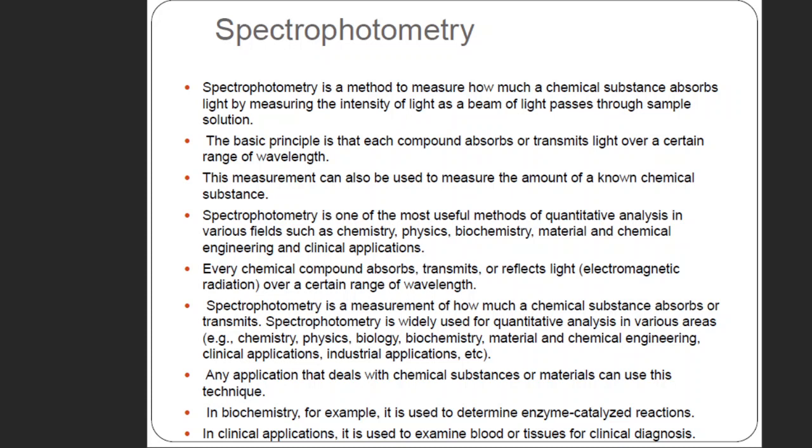So based upon the type of radiation, we will try to relate it with the different types of biomolecules, how the biomolecules react with that, and based upon this interaction we will be able to identify whether that molecule is present or not, that is qualitatively, and if it is present, what is the quantity of that particular molecule in that particular solution. So qualitative as well as quantitative estimation of different molecules or biomolecules can be done with the help of a spectrophotometer.